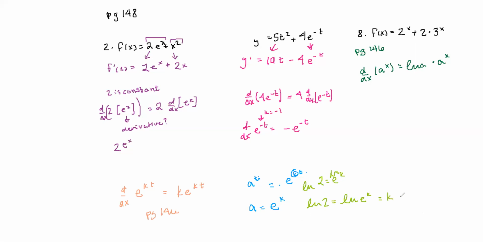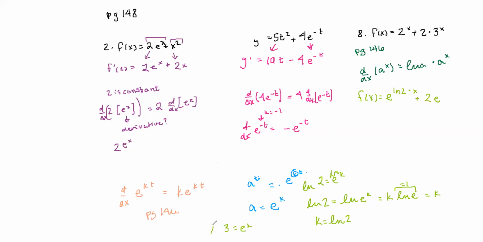So this is going to be k ln e, and the natural log of e is going to be 1, so this is going to be k. So I know that k is equal to ln 2. So instead of thinking about it using this rule from page 146, I have a tendency to say that f of x is actually equal to e to the natural log of 2 times x plus 2e, and then I'm going to have to go through this whole kind of shindig again, where I show that